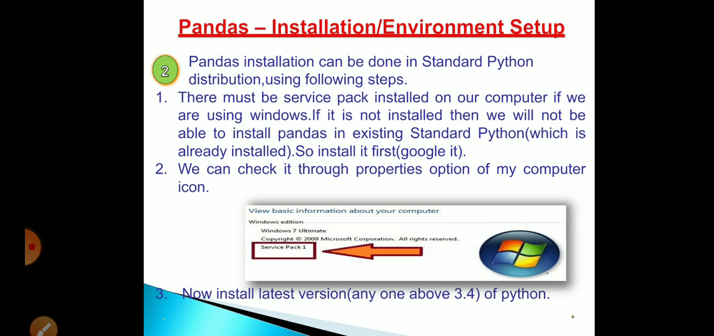So before installation you should check that your Windows is not a pirated one. If it is pirated, then you might not be able to use Python in your system. So you have to check that your system has Service Pack 1. If you don't have it, then you should update it. Next, second method is what? There must be a service pack installed in your computer if we are using Windows; if it is not installed, then we will not be able to install pandas in